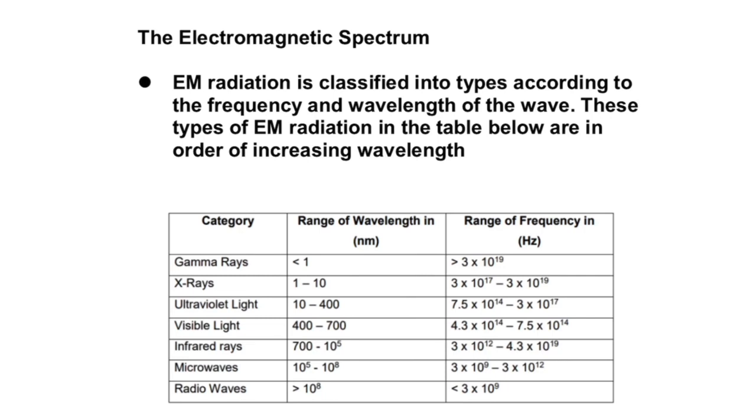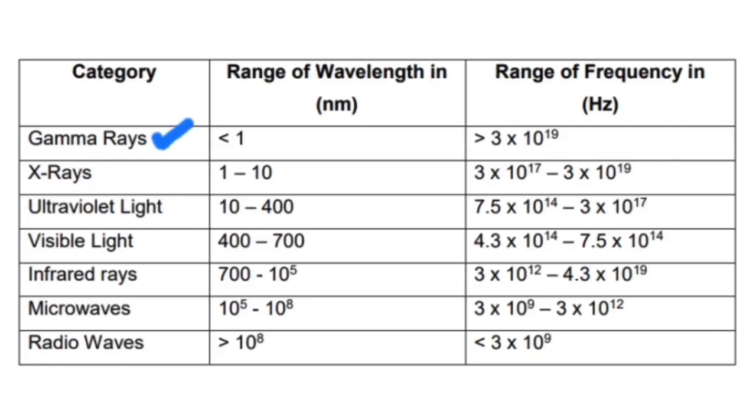These types of EM radiation in the table below are in order of increasing wavelength. Let's go ahead and take a look. Gamma rays have the smallest wavelength. As you can clearly see, it is less than 1 nanometer. A nanometer is 1 times 10 to the minus 9 meters. So gamma rays have a very small wavelength. And you know, if the wavelength is small, then the frequency will be very high. So gamma rays have the smallest